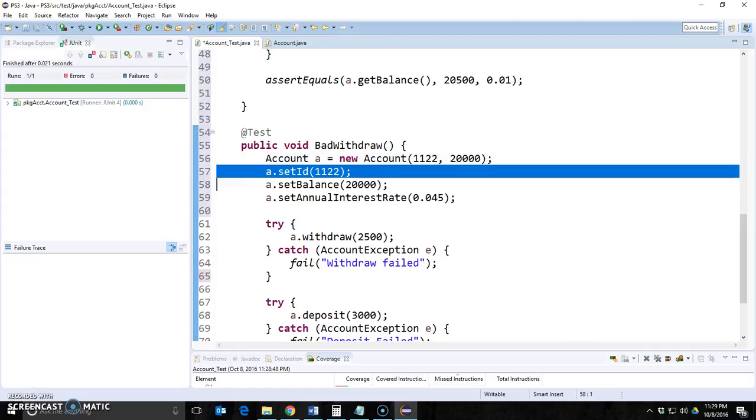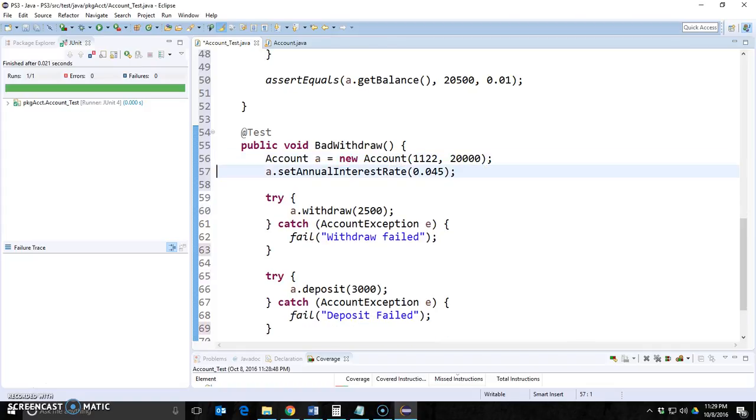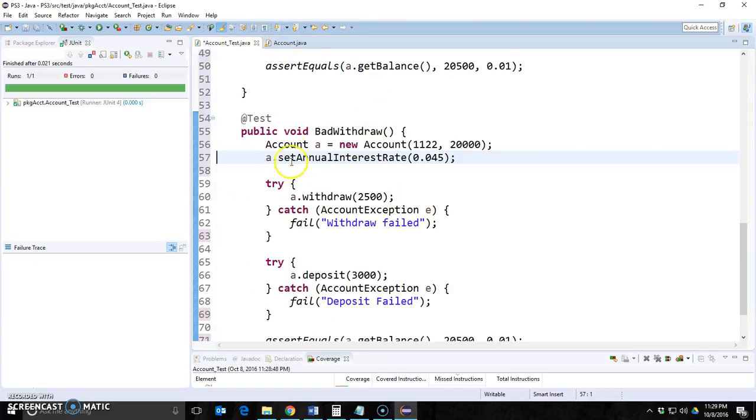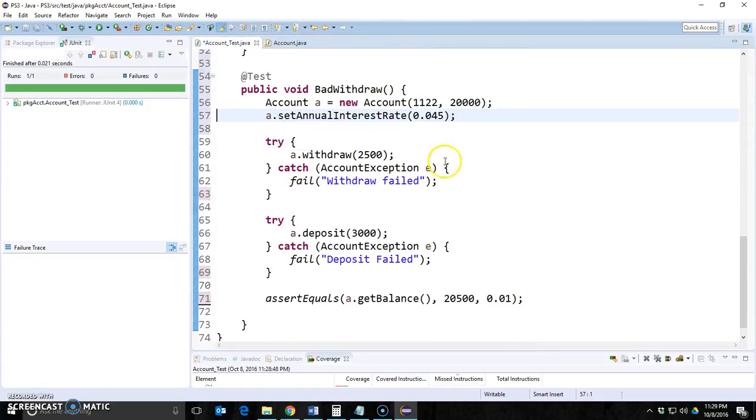That means I don't have to do this. I don't have to do that. And the interest rate is not part of the constructor. That's just the way it is. That has to happen. So then instead of 20,000, let's make it 1,000. And A dot withdraw, we're going to try to withdraw 2,000. Now in this case, A dot withdraw,